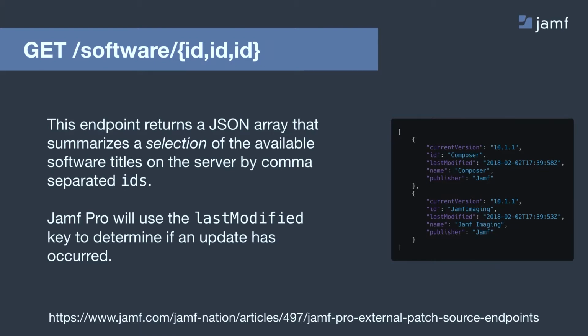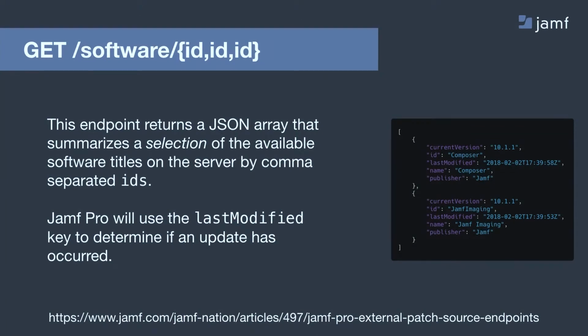This is what's used when Jamf is checking in for updates to your definitions. It does this every 5 minutes. It goes out, it calls this, it passes it a string of comma-separated IDs for all the definitions that you want, and then it actually goes through and it checks that last modified timestamp value to see if it differs from the one that it has. If it's different, it will then proceed on to pulling in the definition to get any of those changes that